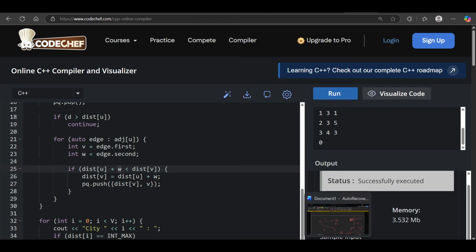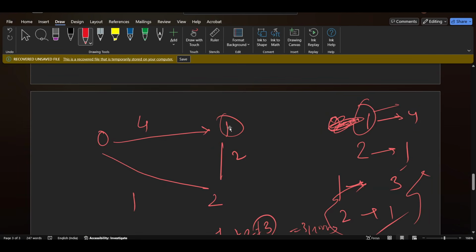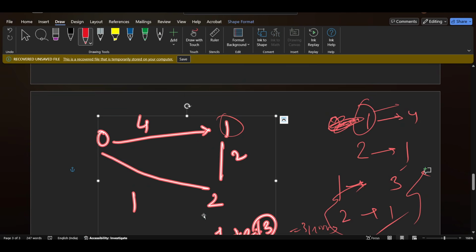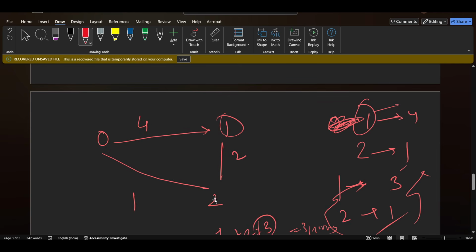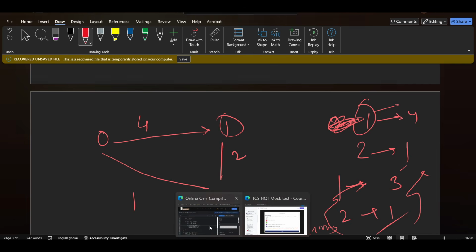Suppose the weight is 2 to reach 1. So suppose we are at 2, we are extracting the value of 2, that it has the minimum time as 1. Then we check whether that plus the weight, 2, to reach 1 is lesser than the already stored distance on 1, that is dist of v.